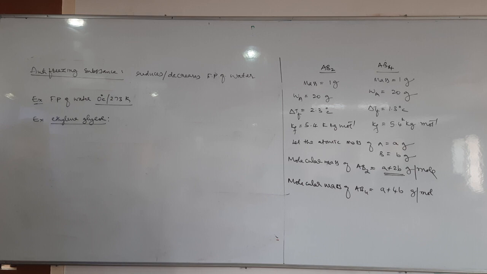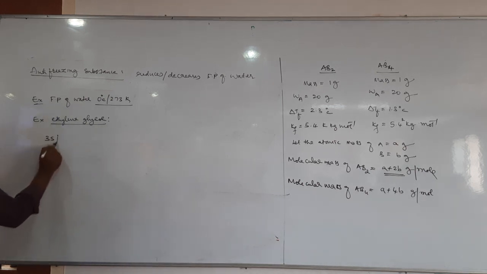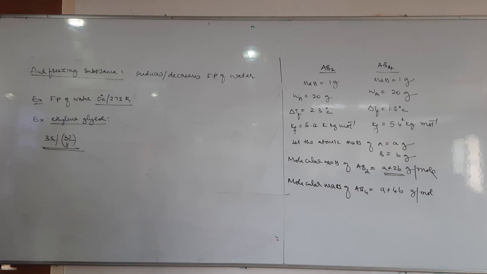Very good, 35%. So 35% W by V ethylene glycol is used as an anti-freezing agent in car radiators. Because in cold countries, usually the temperature will be less than 0 degrees Celsius. When it is less than 0 degrees Celsius, if you take only pure water in the radiator, then what happens? It may freeze. When it freezes, its volume increases, then what happens? The radiator may break. So to avoid that,